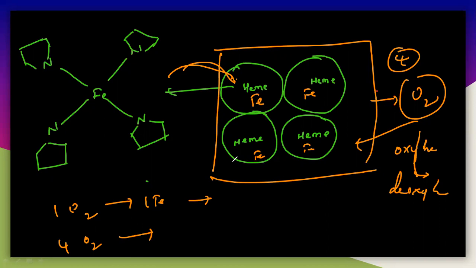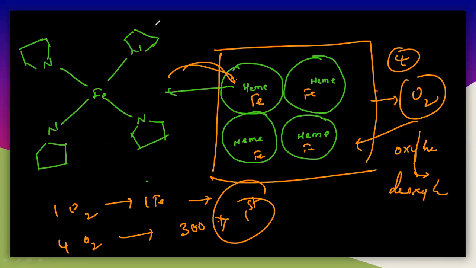Why does the fourth oxygen bind so easily? Generally the fourth oxygen can bind 300 times faster than the first one. Why is the fourth oxygen binding faster than the first one? Because of the change in the structure. What is the reason? How does the structure of deoxy or oxyhemoglobin change? The structure of hemoglobin changes first, and by this change in structure, the fourth oxygen can bind easily compared with the first one.